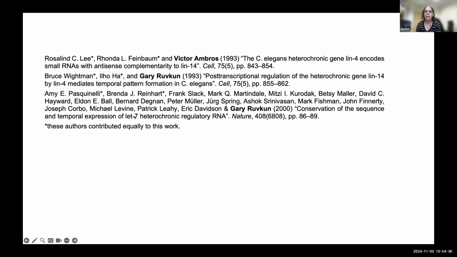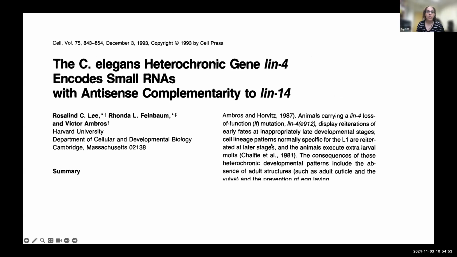And the reason is that LET7, which is also a heterochronic gene identified in C. elegans, is highly conserved, and he found that LET7 is also in human. And this is where microRNA actually started to get attention. So the first paper that was published, and this was back-to-back